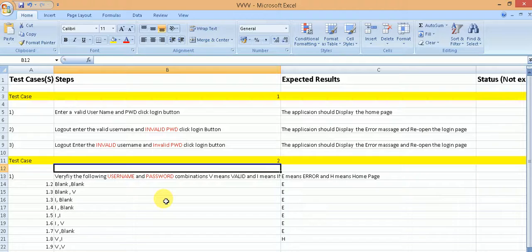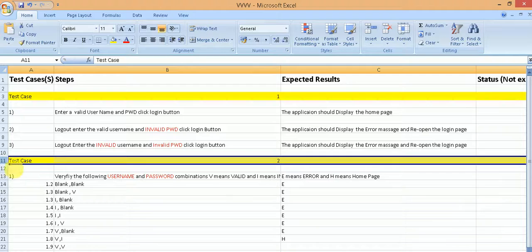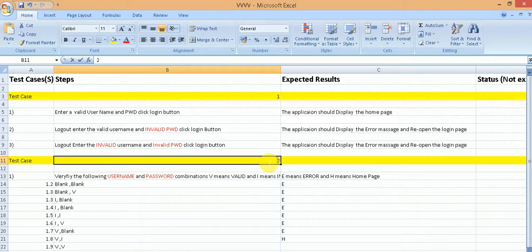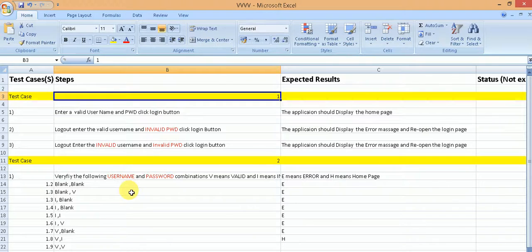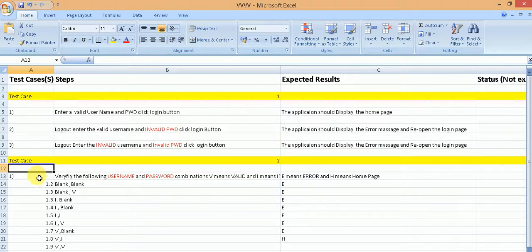Well, in order to tell you the solution, I need to rewrite this test case, and this is what I have written. So the test case ID2 is the same test case as test case ID1, but it has been written differently. Now, what do I mean it is written differently?